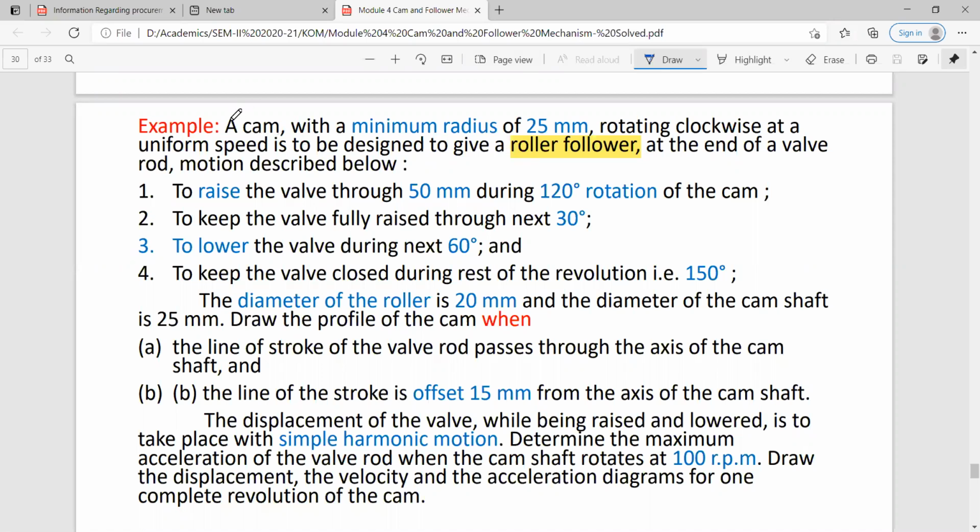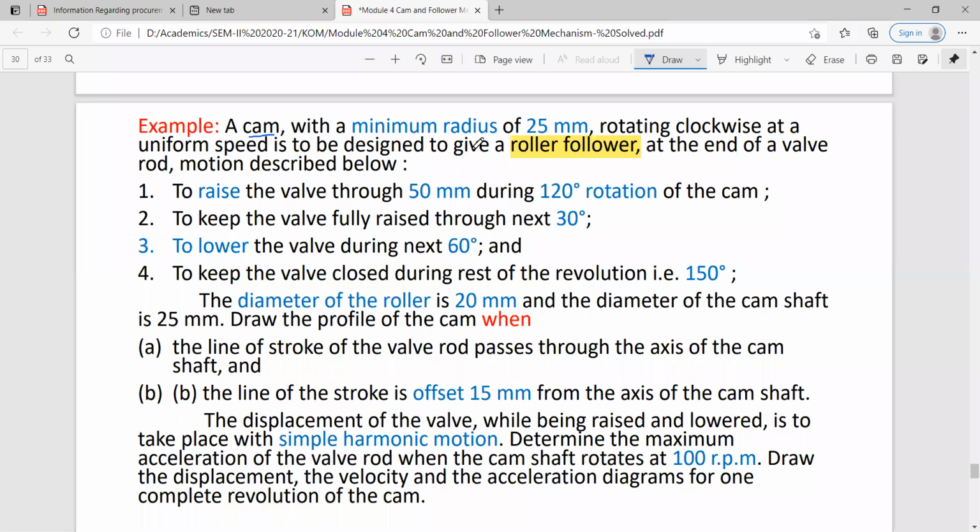So, I will read this problem for you. So, what is the problem? To draw the cam profile with a minimum radius of 25 mm. You know that we call it as base circle radius. Rotating clockwise at a uniform speed